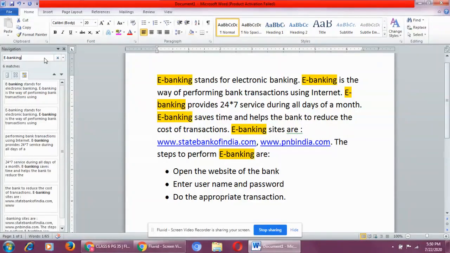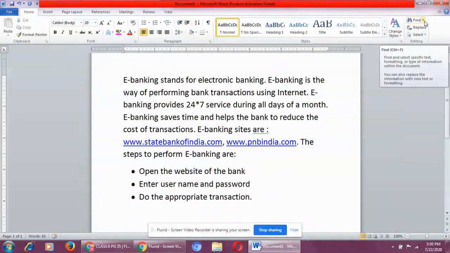Now you can see on your screen, wherever the word e-banking is there, it has been highlighted with yellow color. Wherever Microsoft Word has found the word e-banking, it has been highlighted with yellow color. Now the next step is, let's close it.